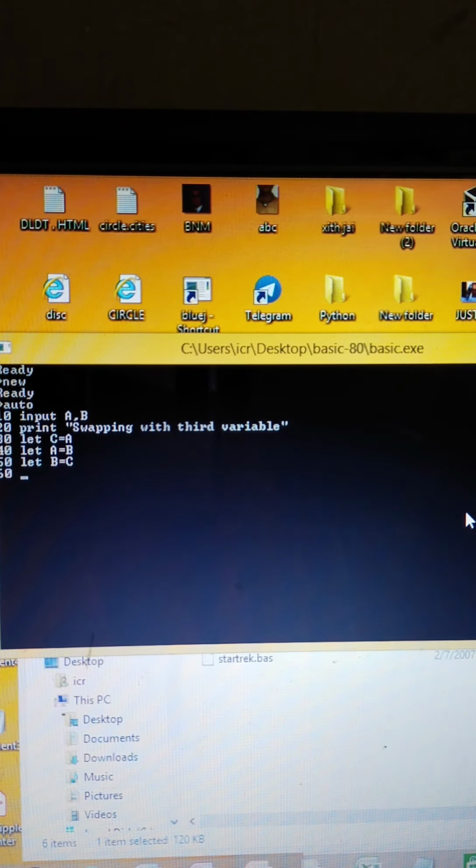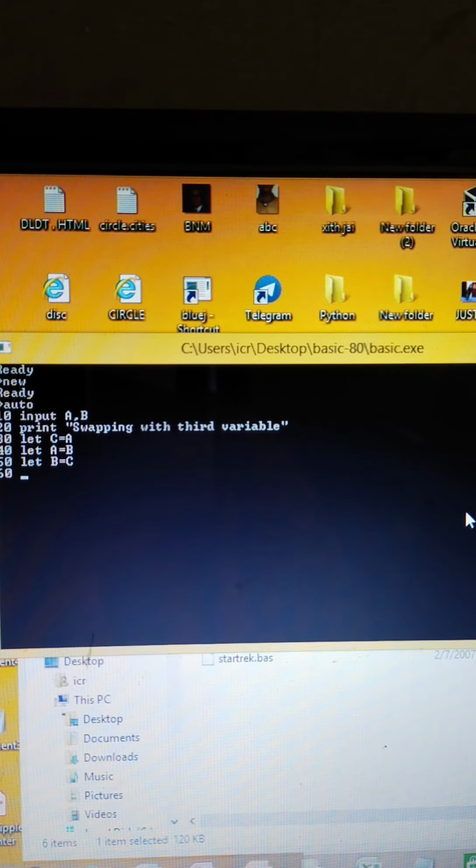What's this doing? See here, C temporarily will hold the initial value of A. So A will become empty. Suppose the value of A and B that we have given through the keyboard is 6 and 2 respectively. So the value of A is 6 and the value of B is 2. So let C is equal to A is going to take 6. A will become empty. Now in line number 40, A is equal to B will do what?